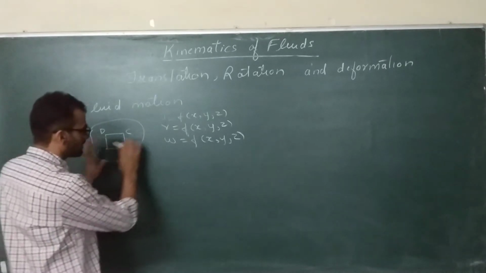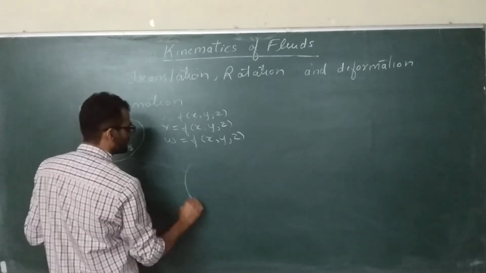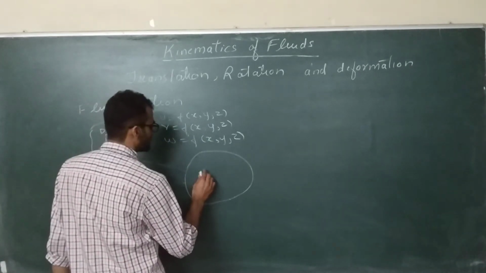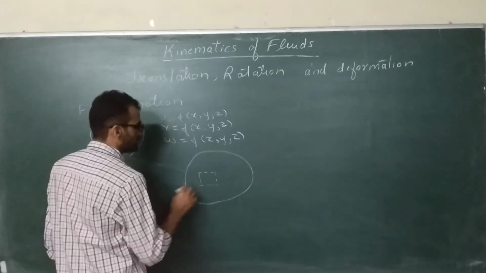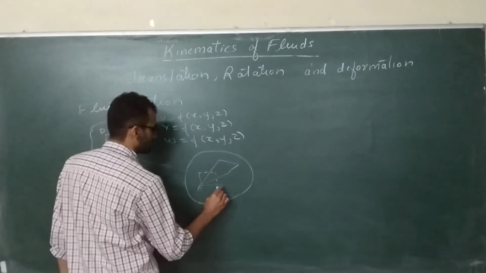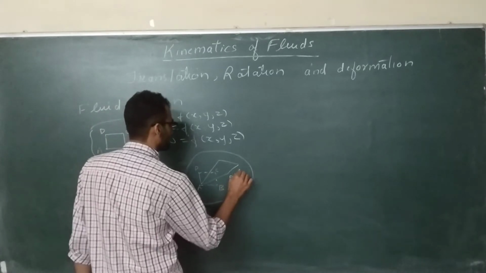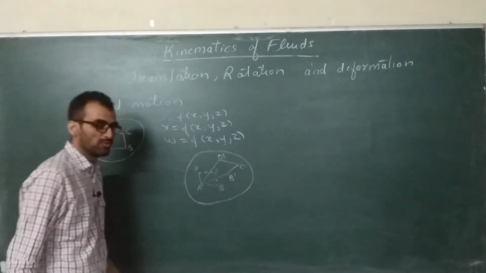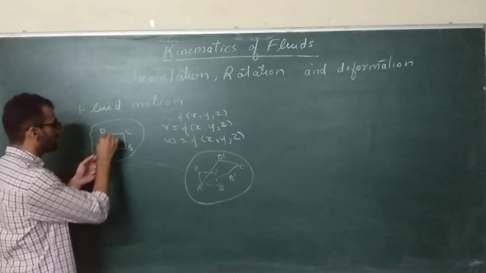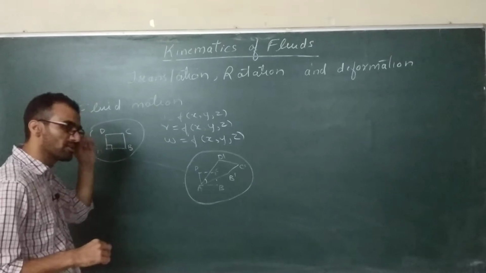So when the fluid element is moving, it will also deform as it moves. Let us say it is moving like this, and you check the position of this element after some time, you may get something like this. This was the original element A, B, C, D, and now it is A, B dash, C dash, D dash. The included angle, earlier 90 degrees between AB and AD, has no longer remained 90 degrees. Those segments are no longer mutually perpendicular.